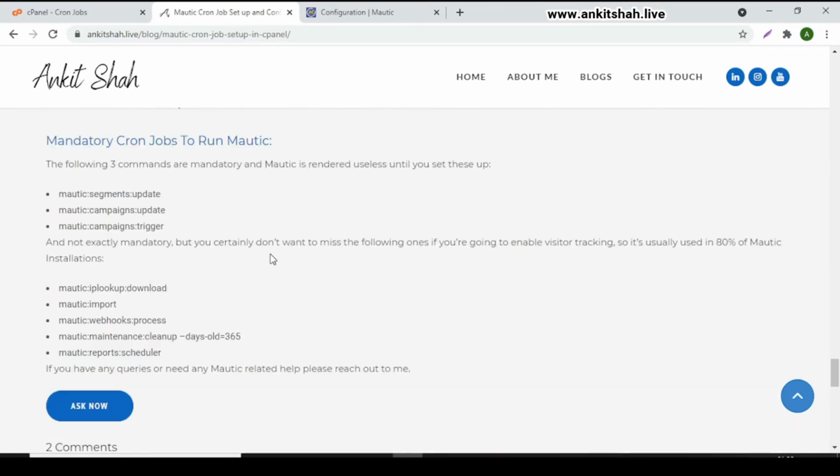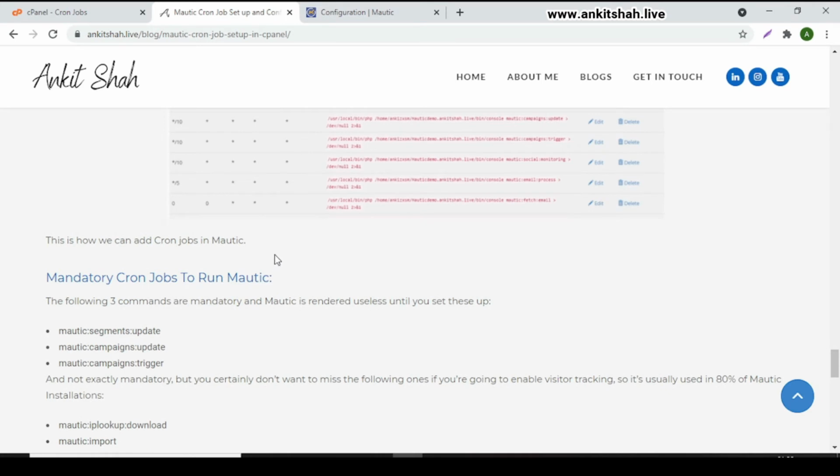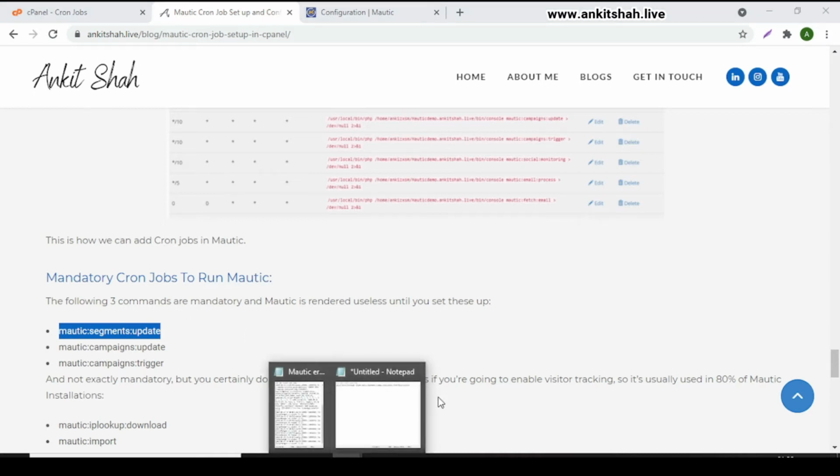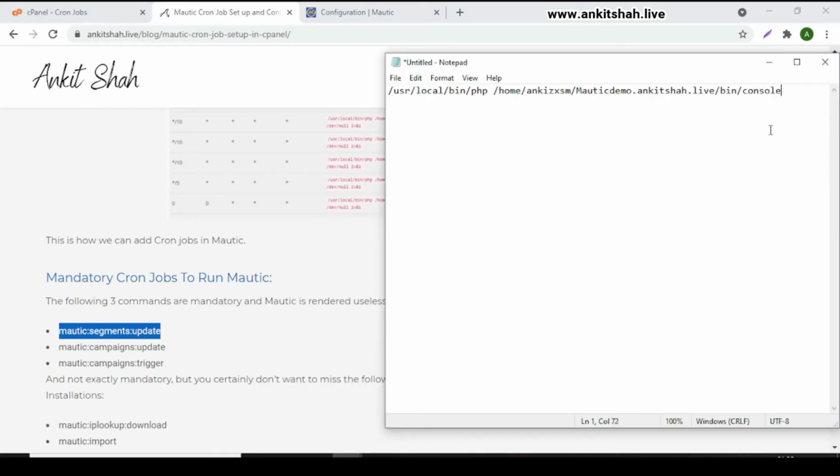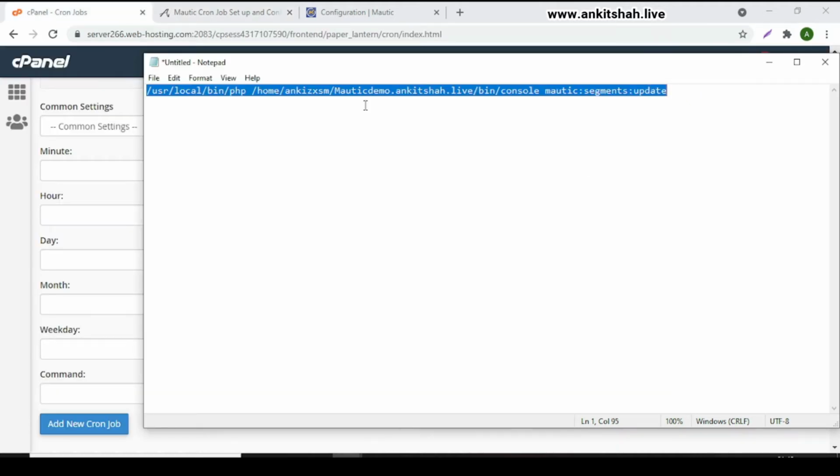Now copy the first command, called Mautic segments update, and paste the same command beside your path. Now you have successfully written your cron job.